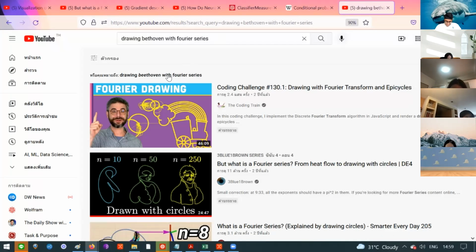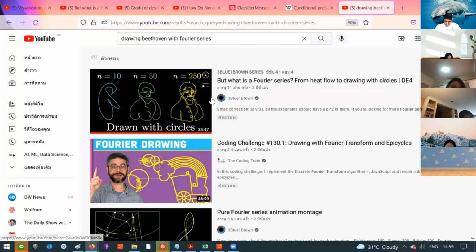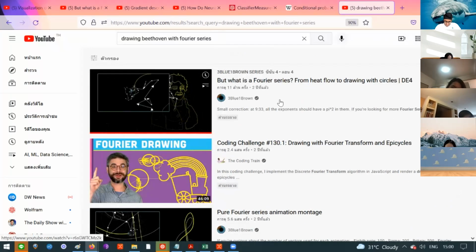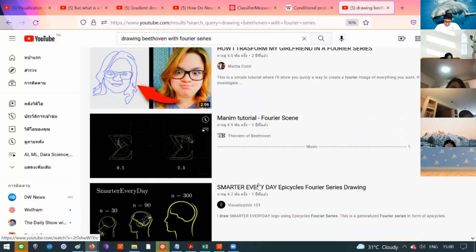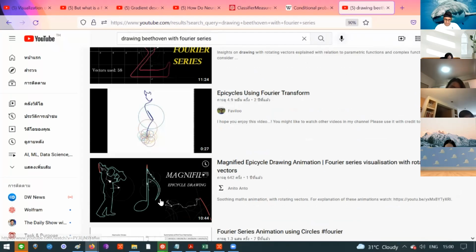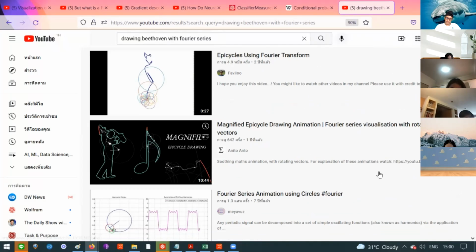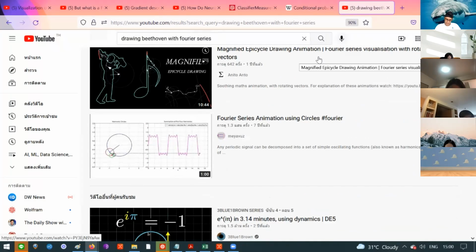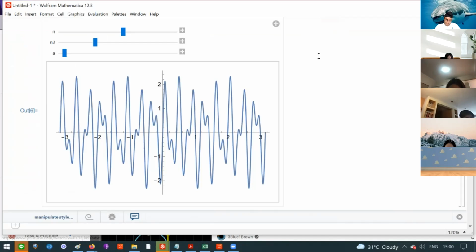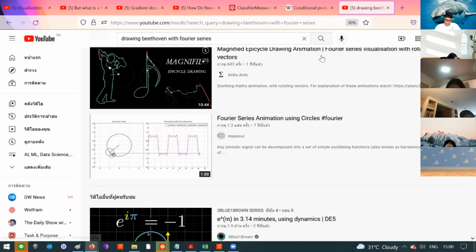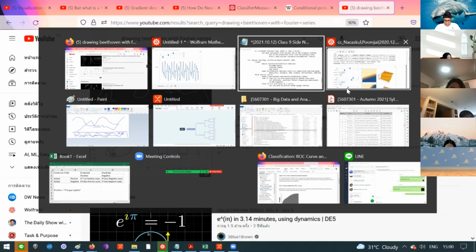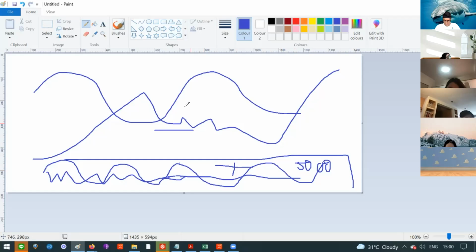Something like that. Beethoven, sorry. Something like that. Okay, and you see a whole bunch of stuff. It's quite interesting. Anyway, think of that. Now, think of our problem. Our problem is not trying to draw things. Okay, we're trying to draw this. You can use sine wave. But conversely,